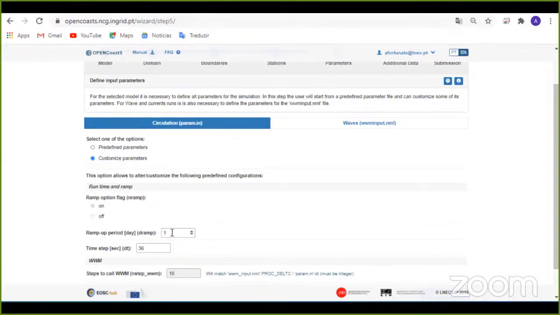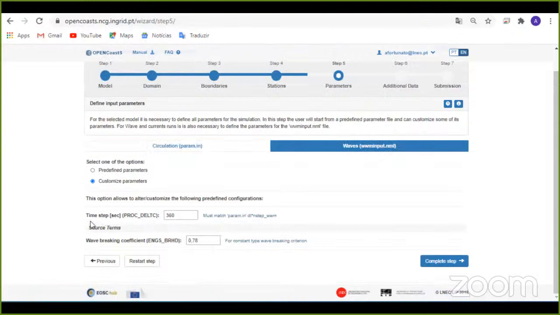The default value is 1 day, and there's a time step. The default value is 30 seconds, but since in step number 2 we asked OpenCoasts to provide a suggestion for a time step, OpenCoasts computes this value, 36 seconds. We're still going to go with the reference value 30 seconds, and we're done with the circulation parameters.